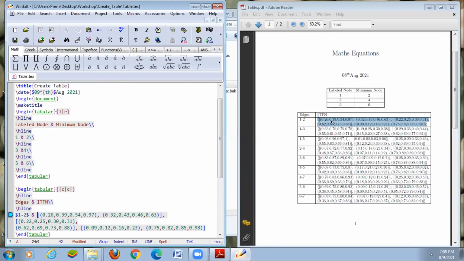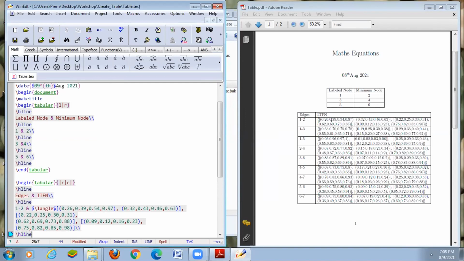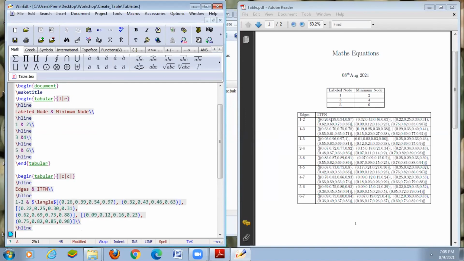So before that we can use the angle. In between that table we can use the mathematical symbol also. Slash, what is the angle? Left angle. Then the line. What is the second? 1, 2, 3. Again using the and symbol. What is the second?